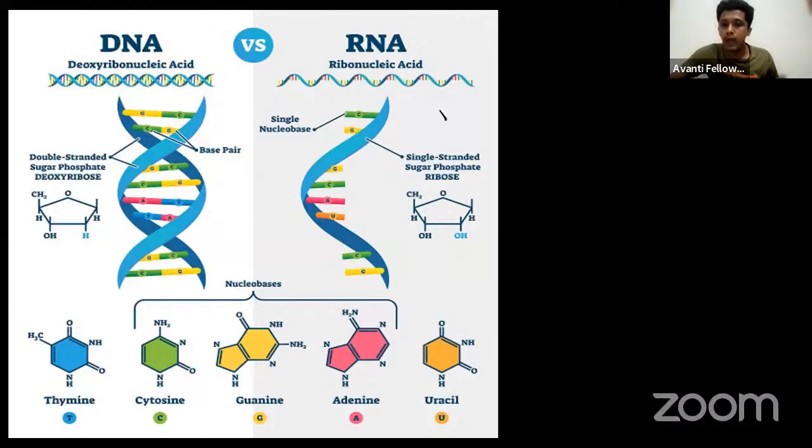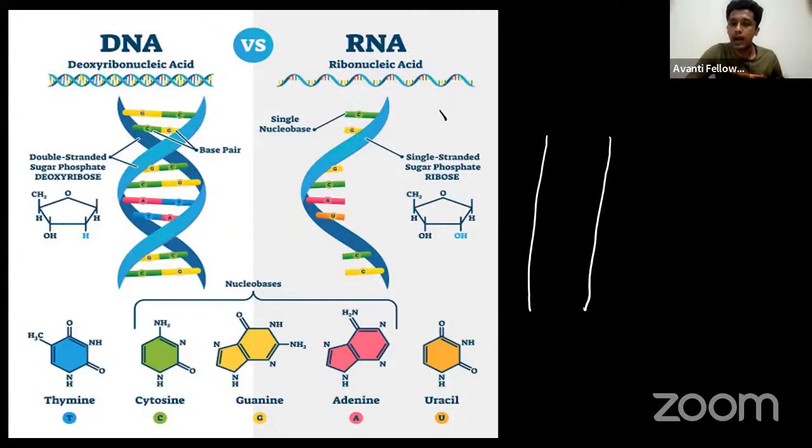So we have two strands in the DNA. One strand goes from 5 prime to 3 prime, and the other strand goes from 3 prime to 5 prime. Now, what are 5 prime and 3 prime? They denote the polarity, or the direction, of the strand. So how do we recognize which strand end is 5 prime and which is 3 prime? If I take the tip, the end of one strand,